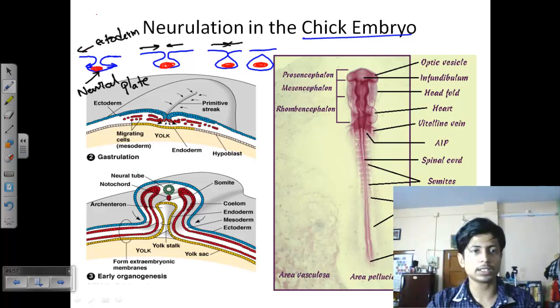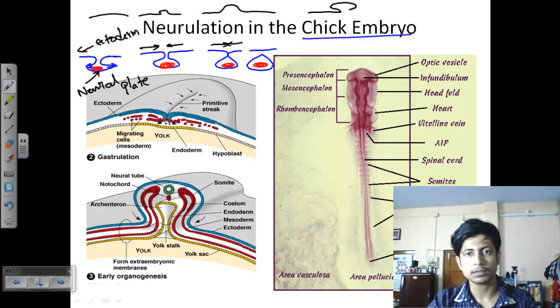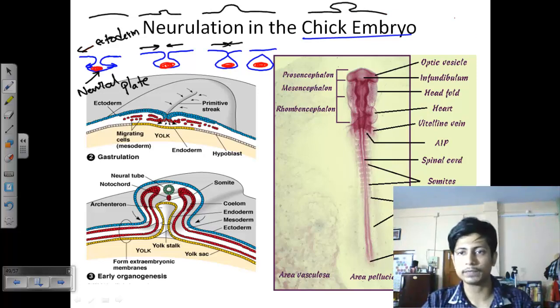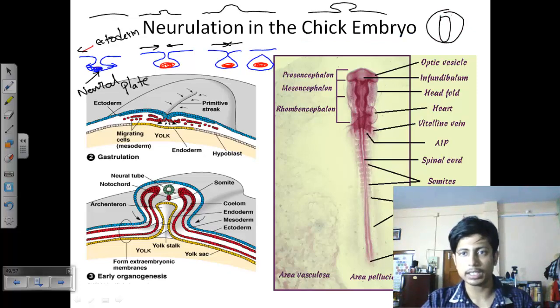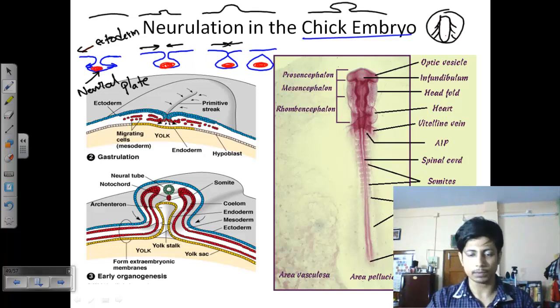So if you just see the top region of the embryo of chicken, it will look something plain like that, and slowly you will see something rise, a structure like that. If you see the embryo from the top, you will see a raised structure from both the regions. See, this one, it's a raised structure, and this structure will form,